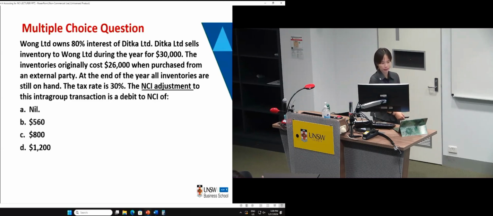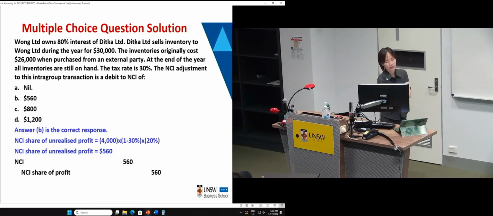Second one, okay, so let's look at other different opinions. Wang Yupei, what do you think? The second one as well? Now what if I change my question, say it's the parent selling to the subsidiary, then what's your answer? That will be 0, right? So be careful. Who is the seller here? Very good, well done. So we actually get the correct answer here. B is the right one.